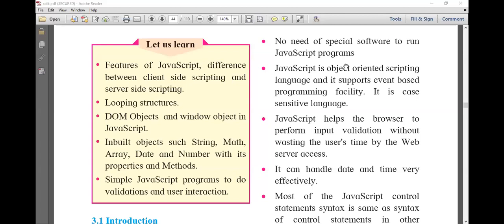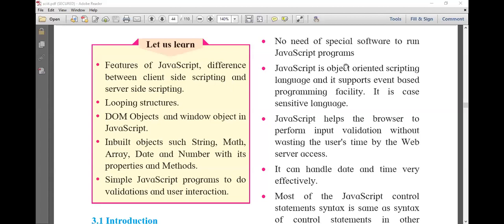Amol, it is a client-side scripting language. I already told you again and again that JavaScript is a purely client-side scripting language. Why? Because we execute the JavaScript on the client side, we see the result on the client side, and we can access the JavaScript file on the client. We are not using a server.